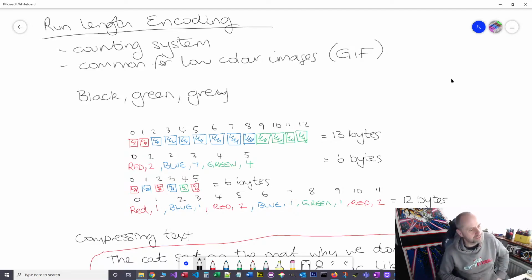Right, let's have a look at run length encoding then. So, at its heart, all run length encoding is a bean counting system. We can use run length encoding for lots of different things, but one of the best uses for it